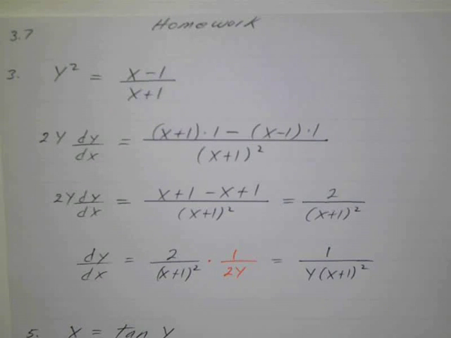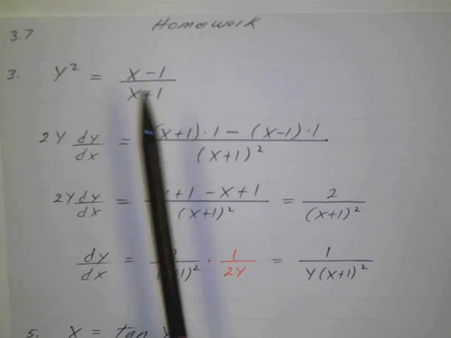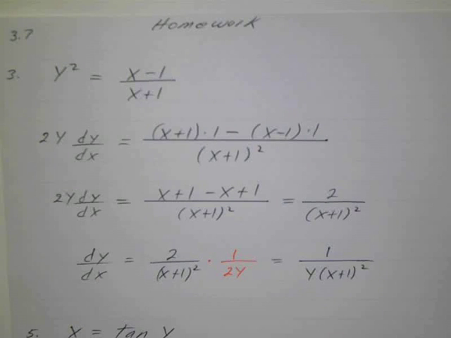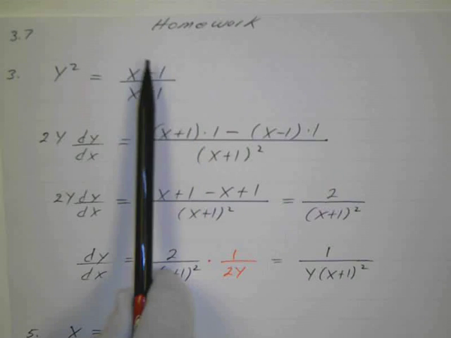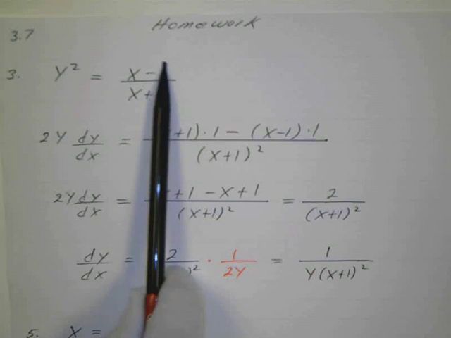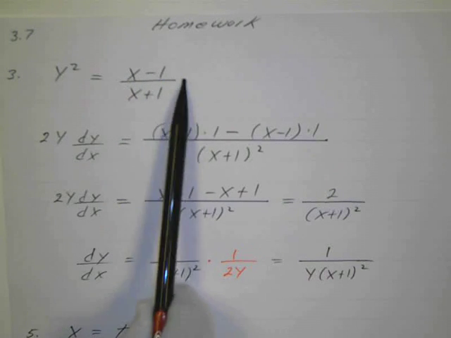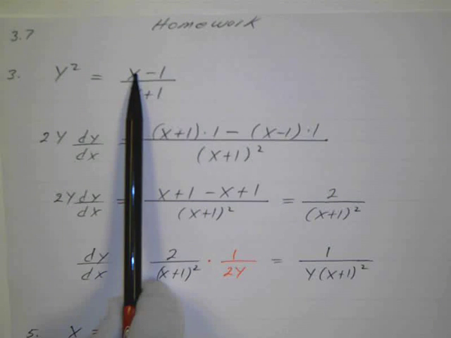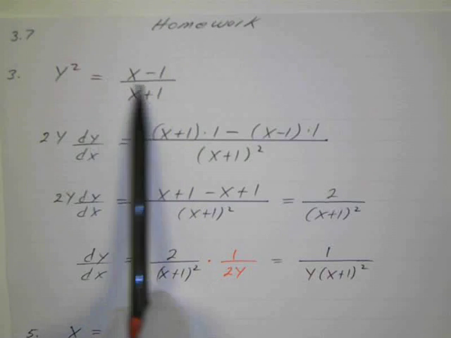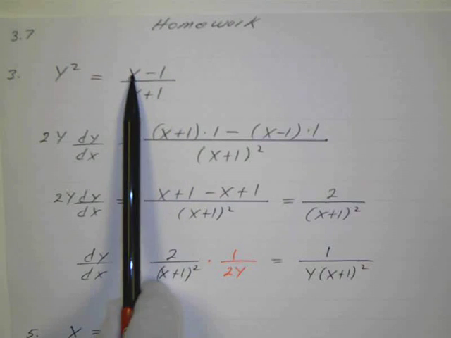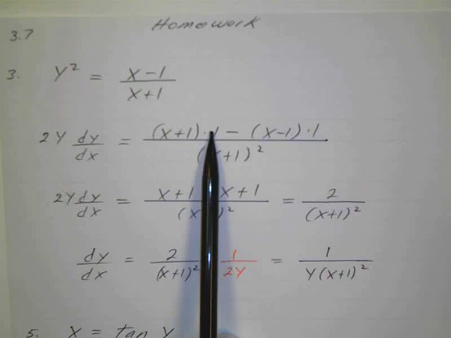Hopefully you'll be able to follow this. So this is going to be a quotient rule: low d high less high d low, denominator squared below. Low is x plus 1. So there's my low. D high, what's the derivative of the top? The derivative of the top would be 1 dx/dx, so I just didn't write the dx/dx. The derivative of x is just 1. Less